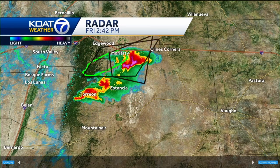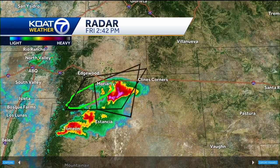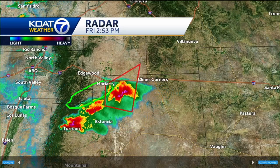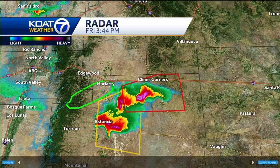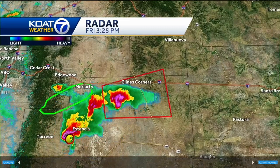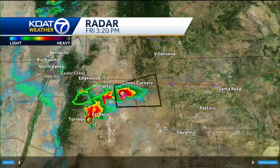It started in that northeast fashion, and now it's simply going due east. And the more it goes due east, the more it stays away from Interstate 40. And let me go ahead and shorten this loop. Okay, so it's inching closer to that area around 285, which is the pathway to Interstate 40 for all those